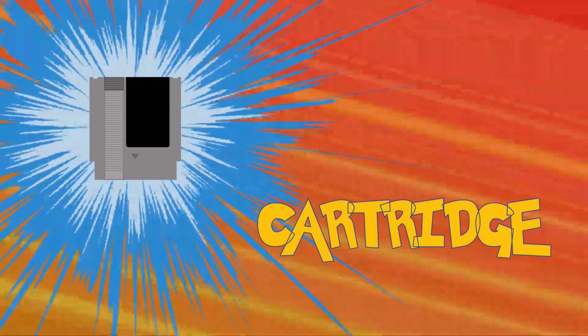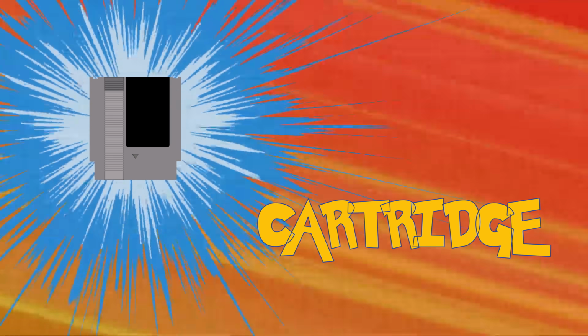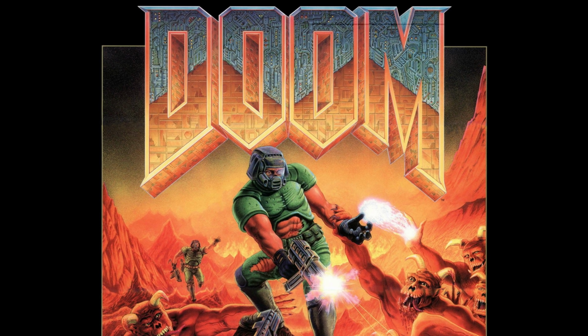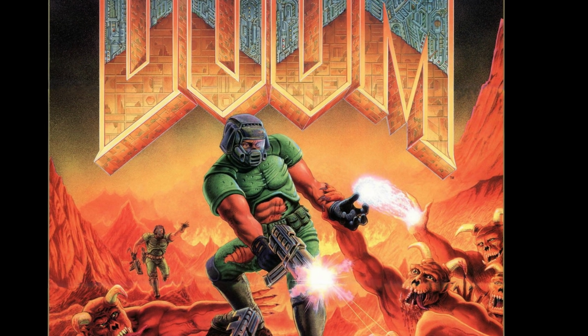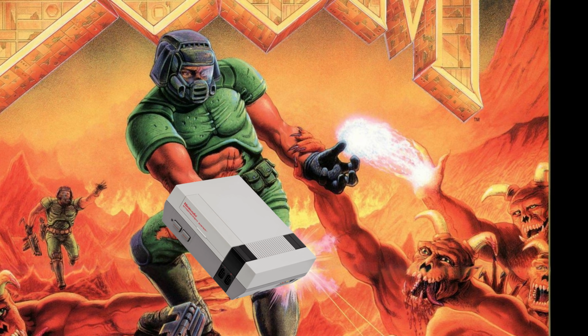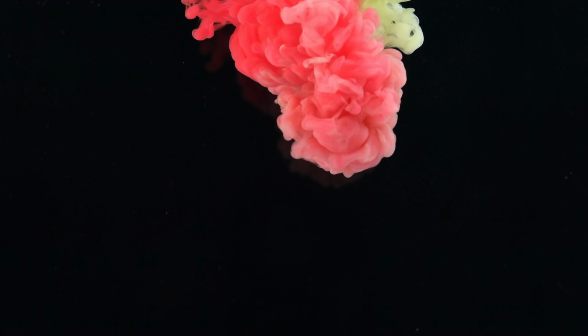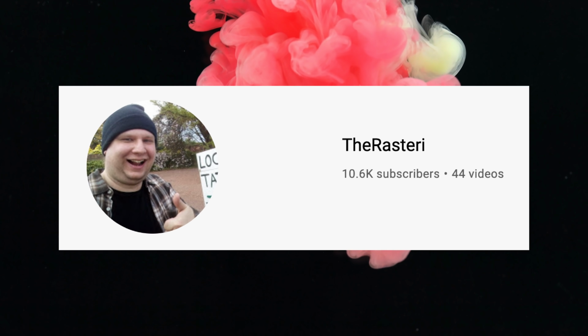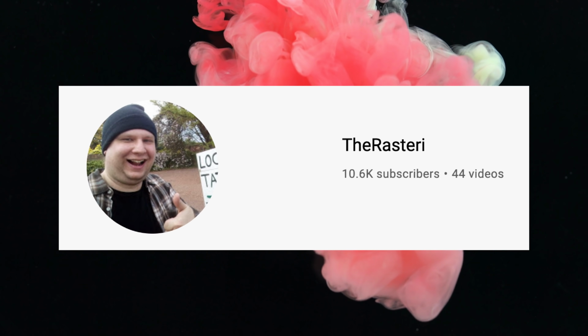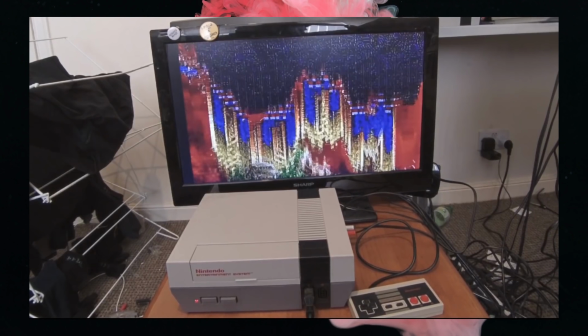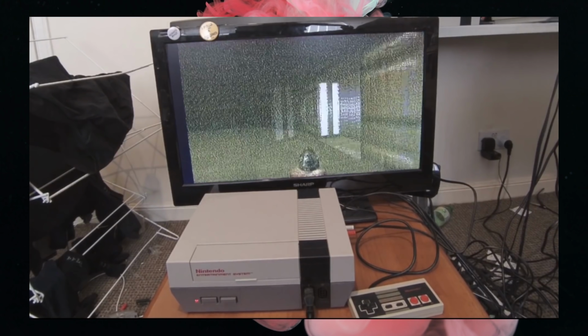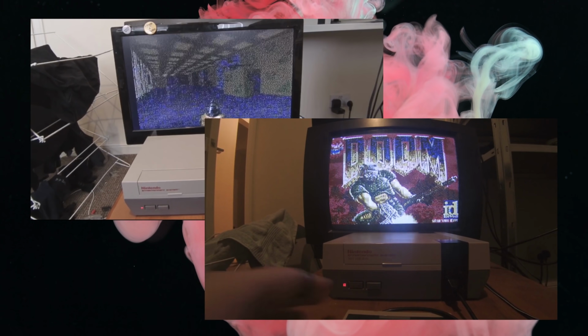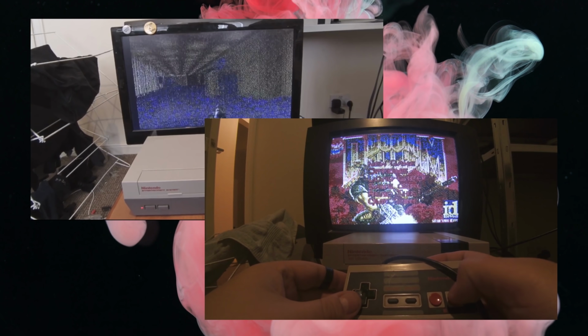The second and the most important part is the cartridge. And the cartridge itself is made with the help of Doom. Wait, what? What on earth does the Doom guy have to do with the NES and Google Maps? Well, let me explain. In 2019, a smart guy, Andy, who goes by the nickname Verastery, released 2 videos explaining how to build your own Doom cartridge for NES. I will put links to his videos in the description. Please check them out, they are really cool.